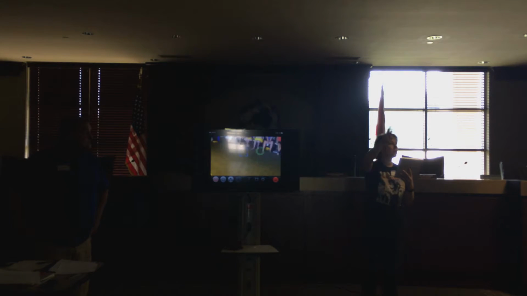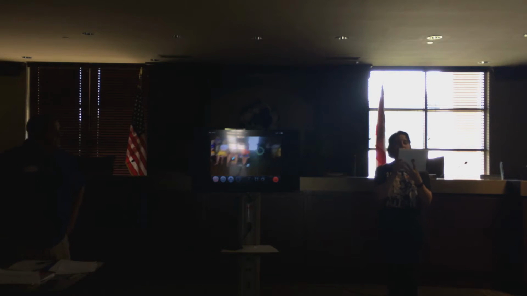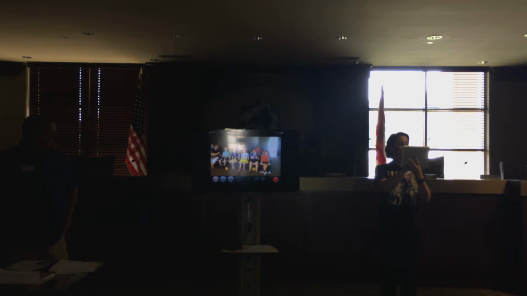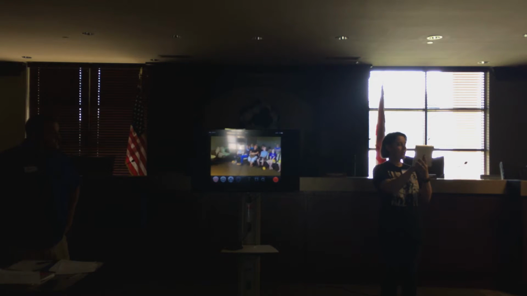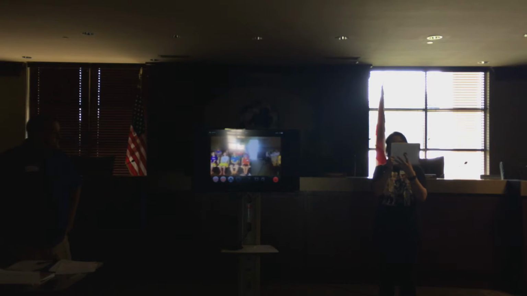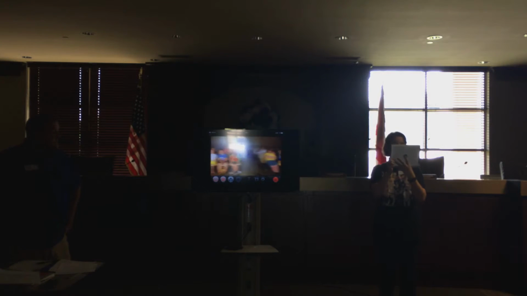Now I can see a little bit more detail of the door, but now I can't see what's going on inside as well, right? So if I'm filming a scene and there's windows, and I want to see what's going on in the room, I don't care what's going on outside. I just want to see the people in the room. Then what I'm going to want to do is set it so that the people in the room look the best, and I can lock it. So I'm going to look over this way and lock that. Now when I go past the bright window, it doesn't change. It stays the way I have it set up.